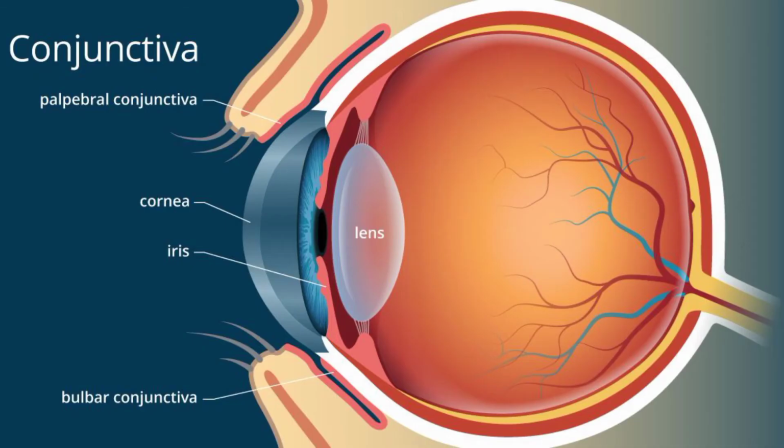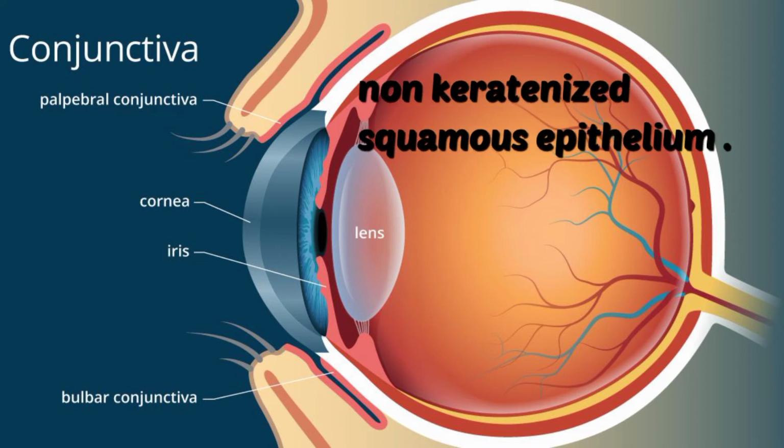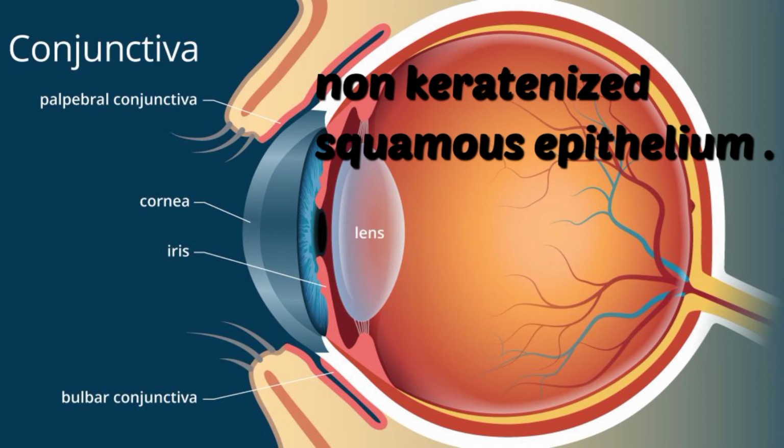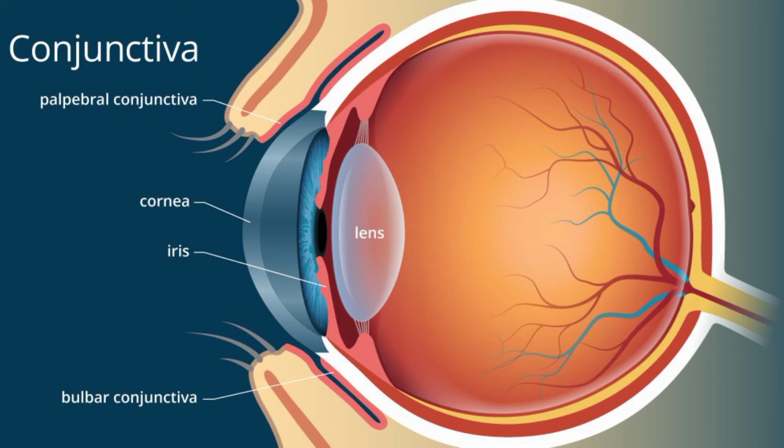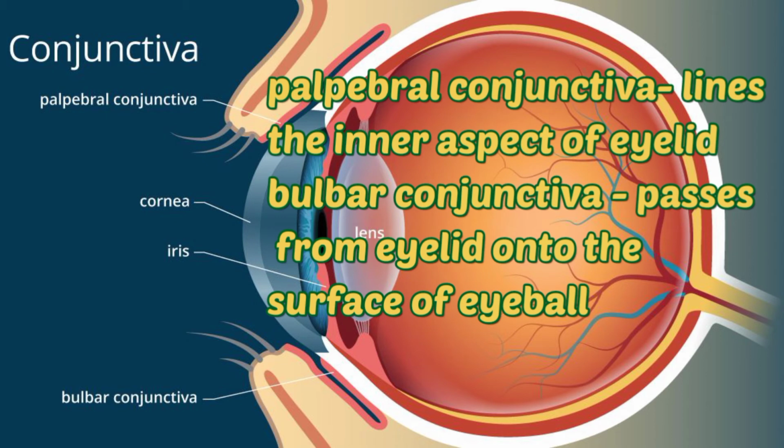The conjunctiva is a thin protective mucous membrane composed of non-keratinized stratified squamous epithelium with numerous goblet cells that is supported by areolar connective tissue. The palpebral conjunctiva lines the inner aspect of the eyelids, and the bulbar conjunctiva